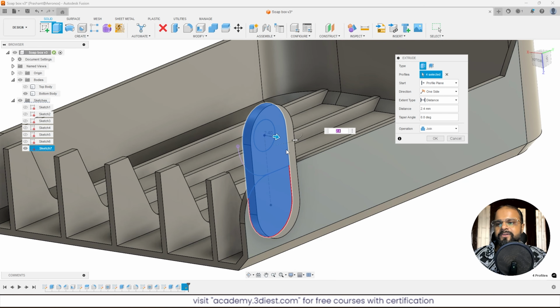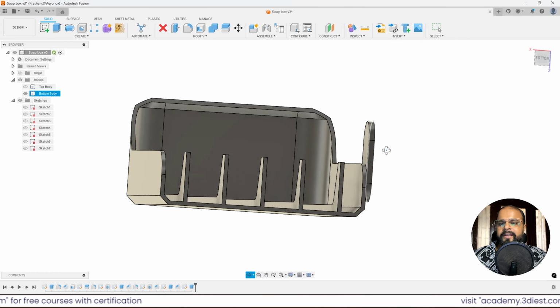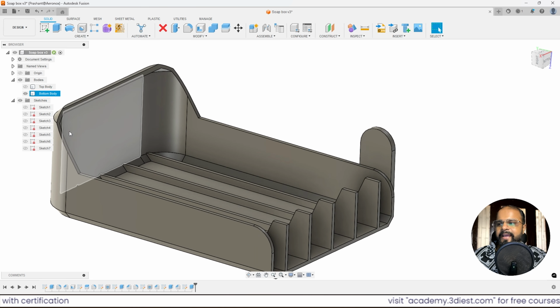Like this. So right now it's 2.4, and if the operation here is join, I will press OK. There you can see this is what we created. Now I will orbit it a little bit like this, and again I will turn on my sketch, the sketch profile